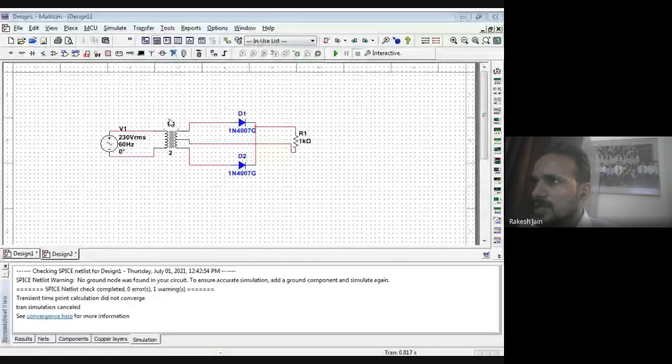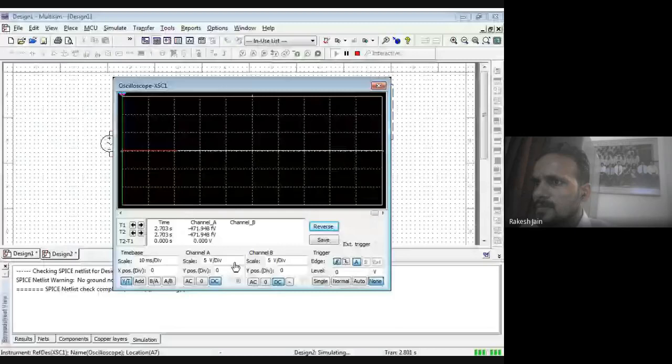Now I wish to check the output on the oscilloscope. So I just run that one. Wait for that. Why is it not showing this?